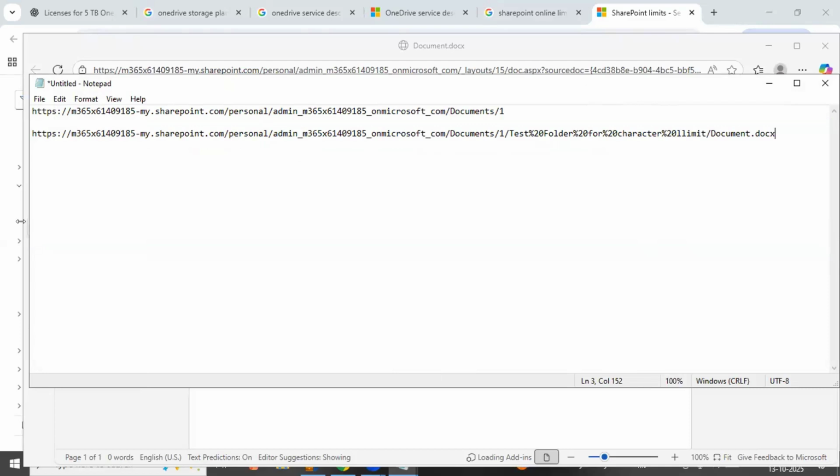Abhishek, let's say if the entire path exceeds 400, what error will I see? Well, I'll try to create a file there. I haven't seen such a scenario where we have